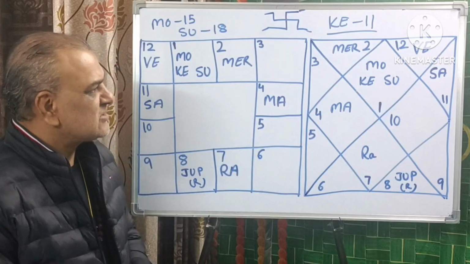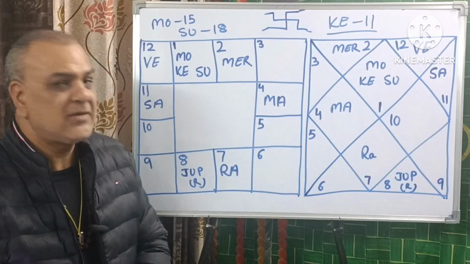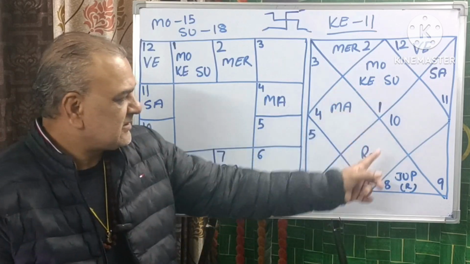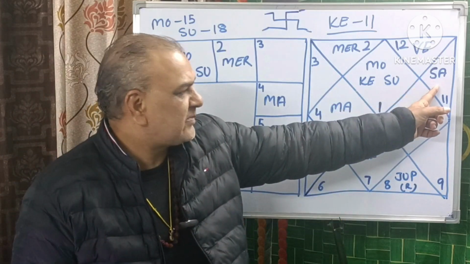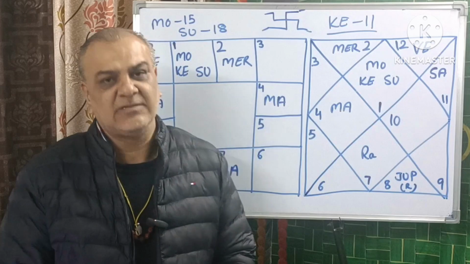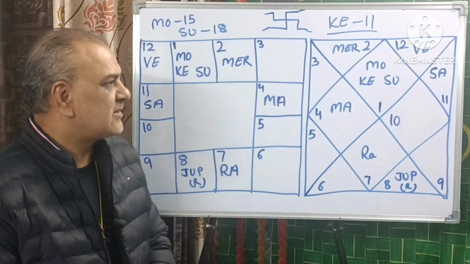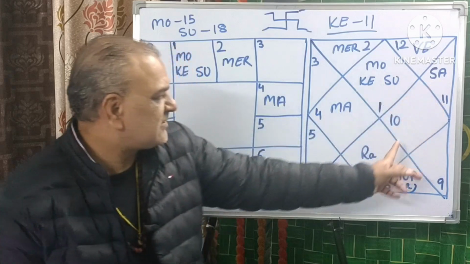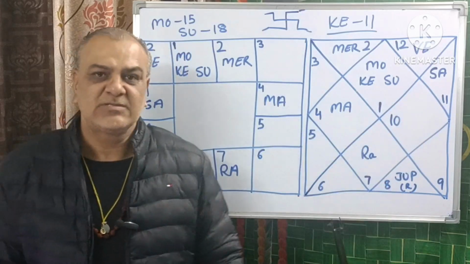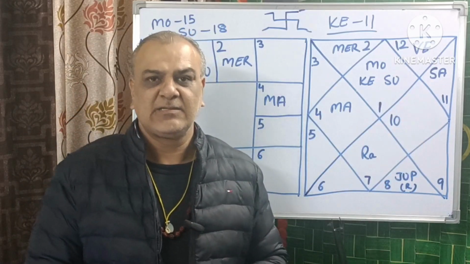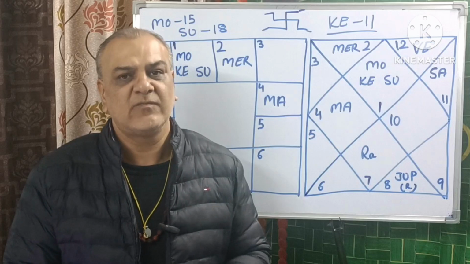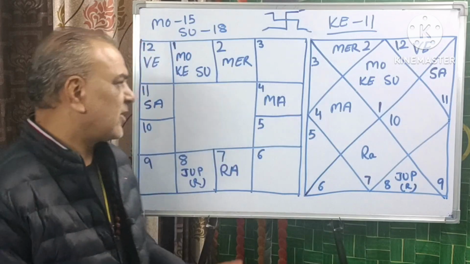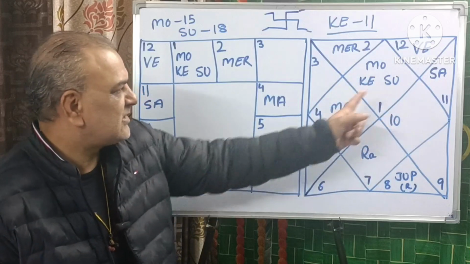Third combination I'll explain to you about the brother of the native. In the male chart, the elder brother is Saturn. In the birth chart, the elder brother is Saturn. Saturn is combined with Rahu. So this also indicates that the elder brother can work with foreigners or he can be abroad. You can see this combination here.